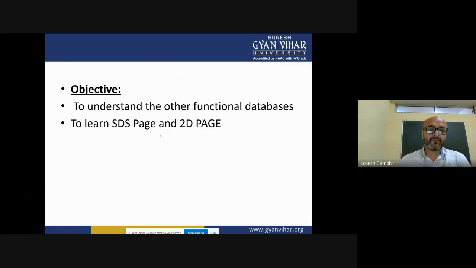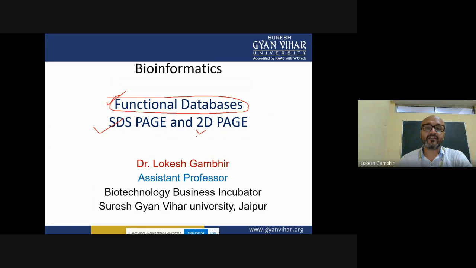So our aim for today will be to understand the functional databases, in terms of the KEGG encyclopedia, the OMIM, or the CCDS conserved domain sequences database. The subsequent aim will be to understand completely the aspects of SDS-PAGE as well as 2D PAGE. Sodium dodecyl sulfate polyacrylamide gel electrophoresis is perhaps the best technique in terms of identification of the protein. We will be taking this SDS-PAGE to Western blotting and detection aspects also, and then we'll be talking about the 2D PAGE also.